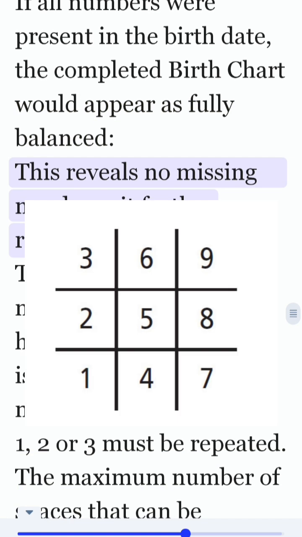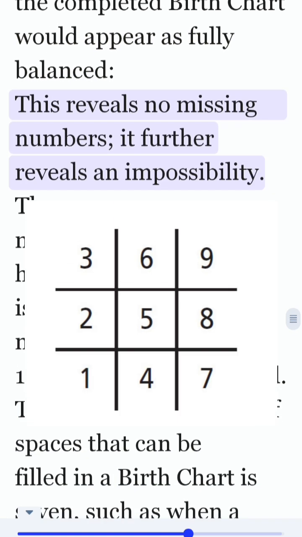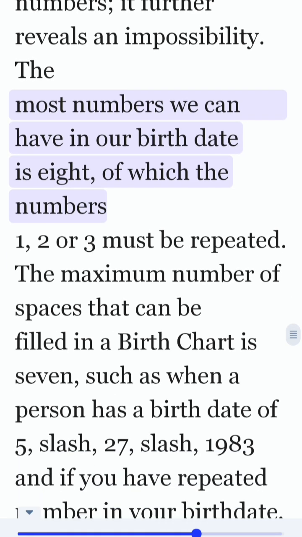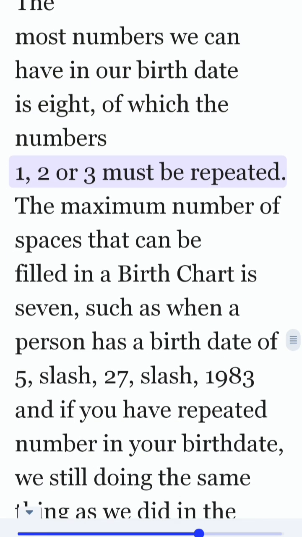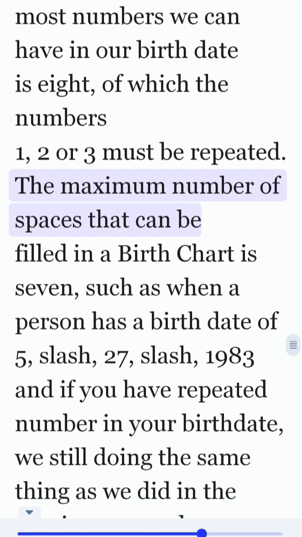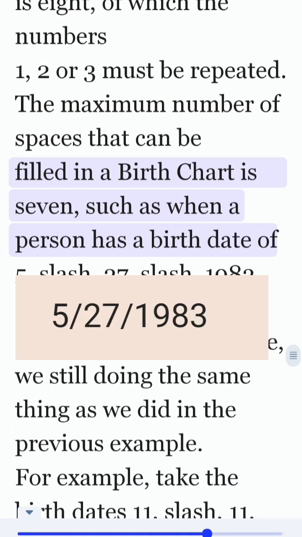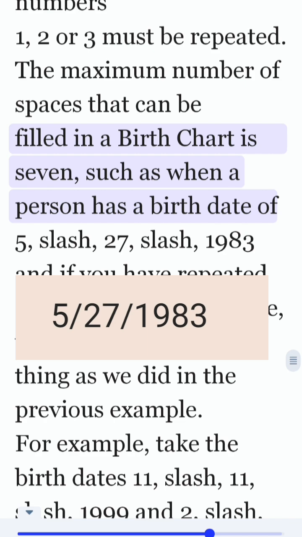This reveals no missing numbers, it further reveals an impossibility. The most numbers we can have in our birth date is 8, of which the numbers 1, 2 or 3 must be repeated. The maximum number of spaces that can be filled in a birth chart is 7, such as when a person has a birth date of